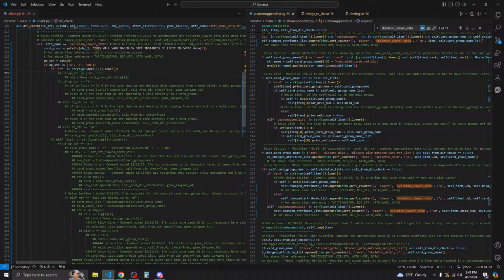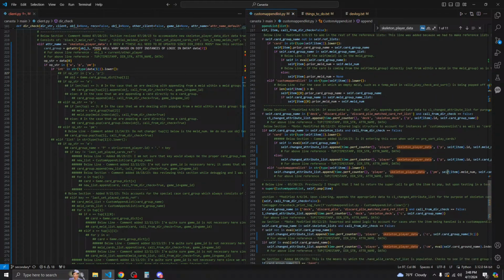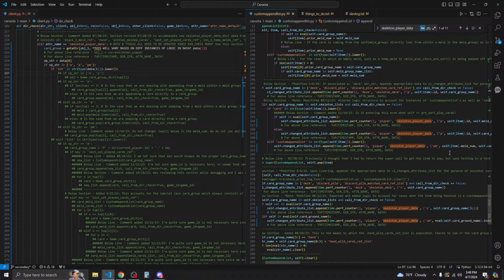So this would actually, okay, yeah, if it's A or P, so PM it wouldn't apply to that, okay. But alright, so that part's good. So that line is good rather.